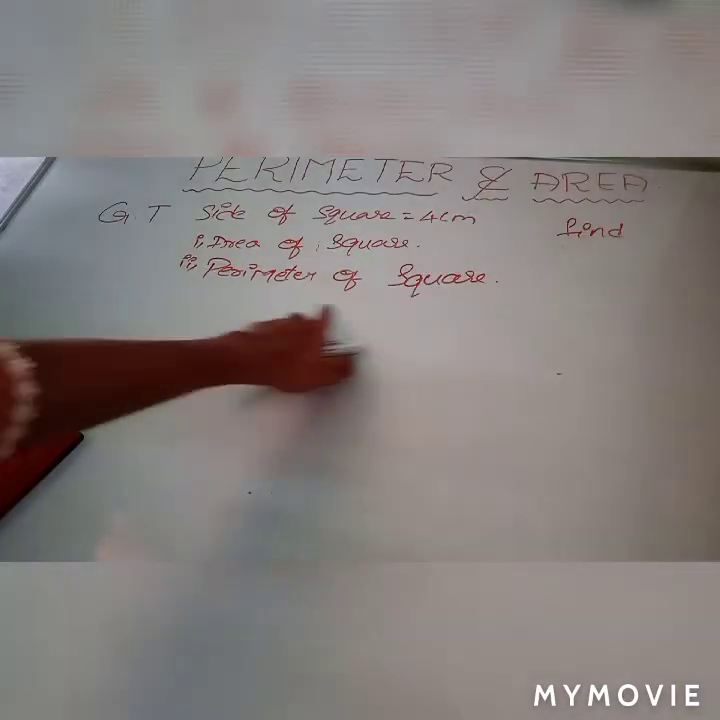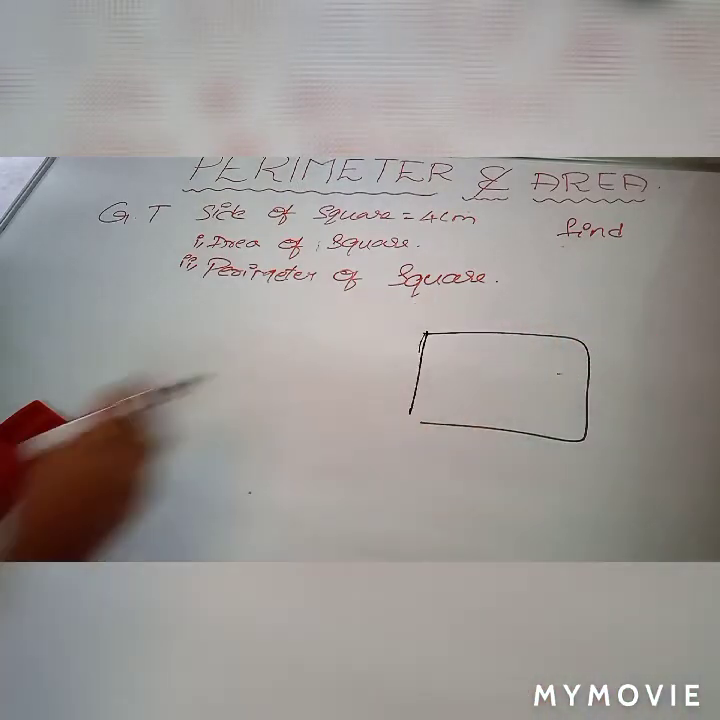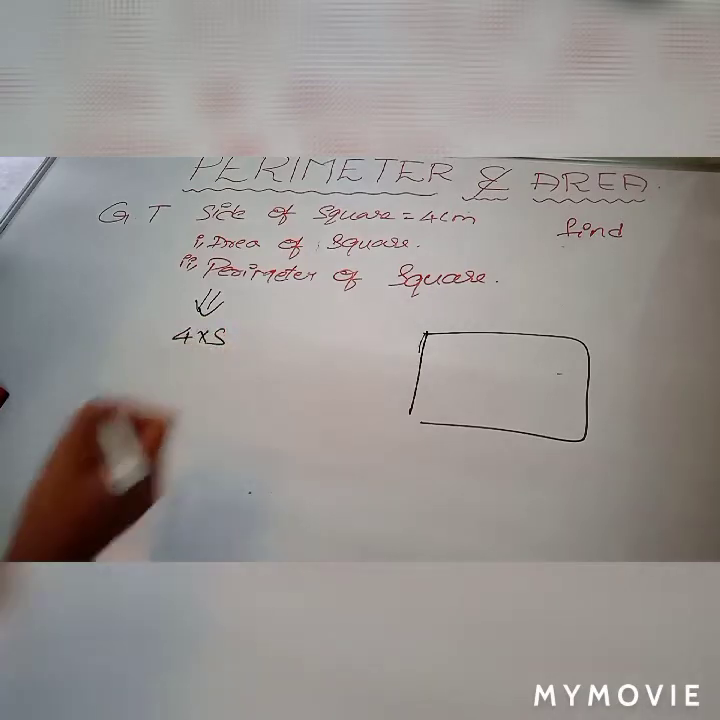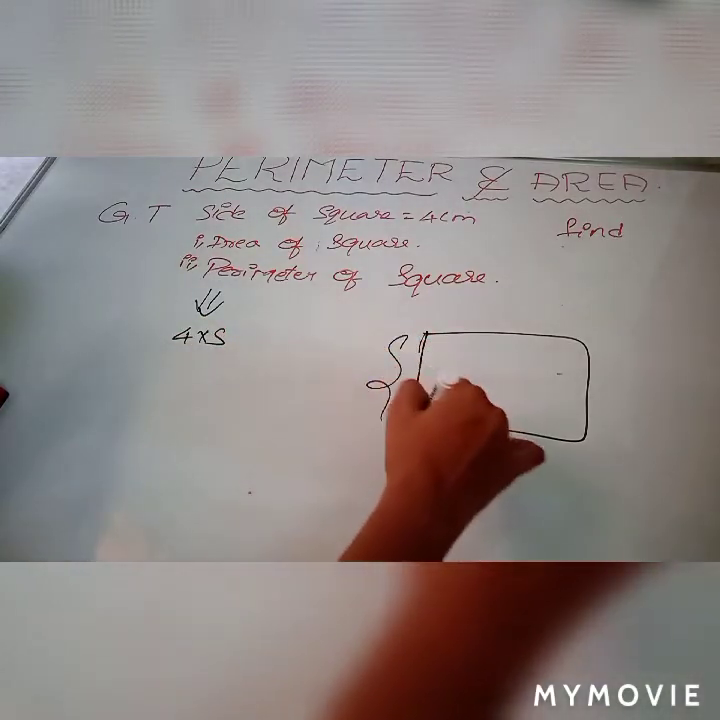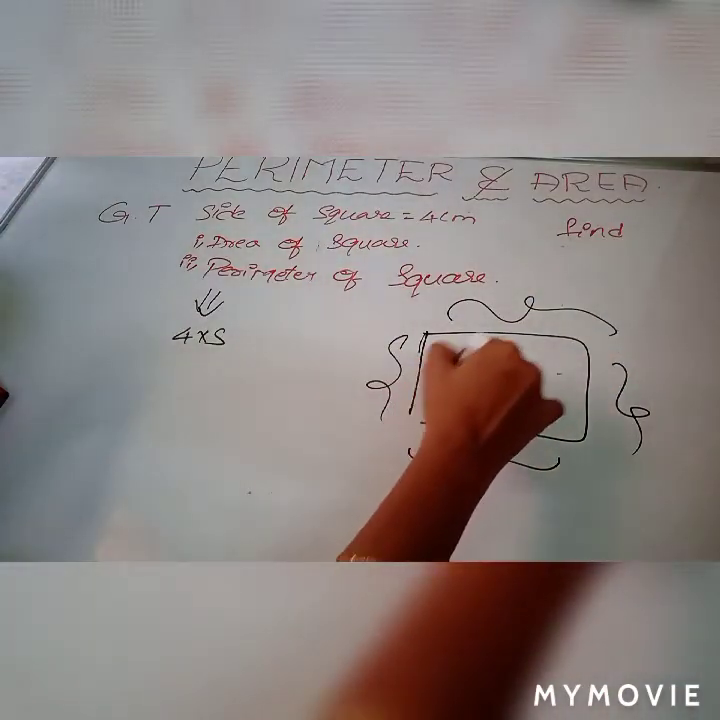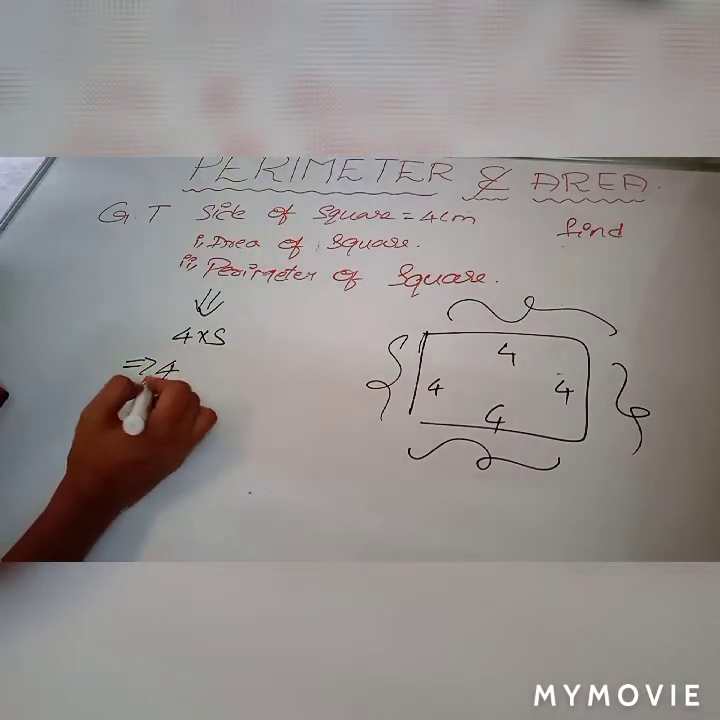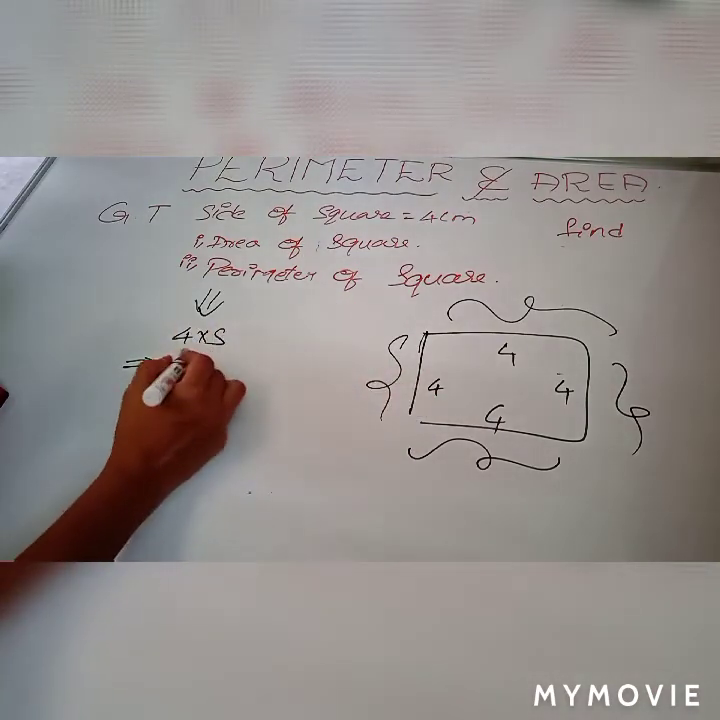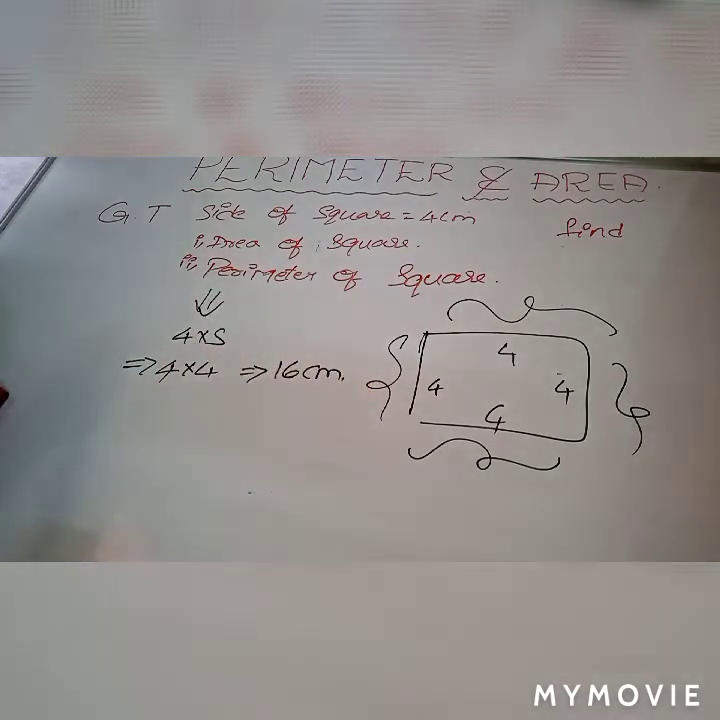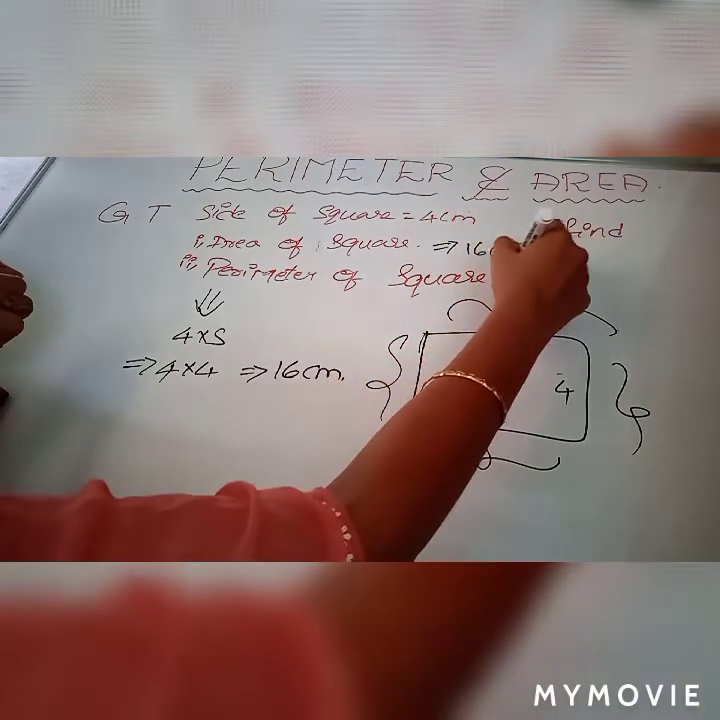So next one is perimeter of a square. Perimeter of square formula is 4 into S, because perimeter means the outside part of the shape. The given side is 4, so 4 into 4 is 16 centimeters. So the area of the square is 16 square centimeters and the perimeter of the square